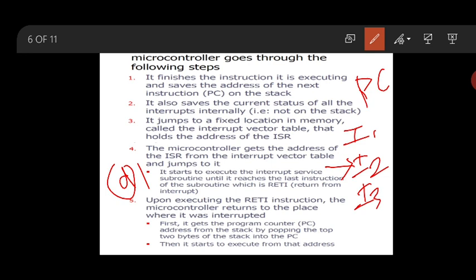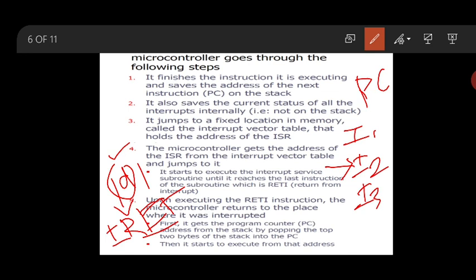Now you can see that when the microcontroller is executing D1 and completes it, you will find the end of the program, IRET. IRET means, I hope you know, RET means return, and I is for interrupt.